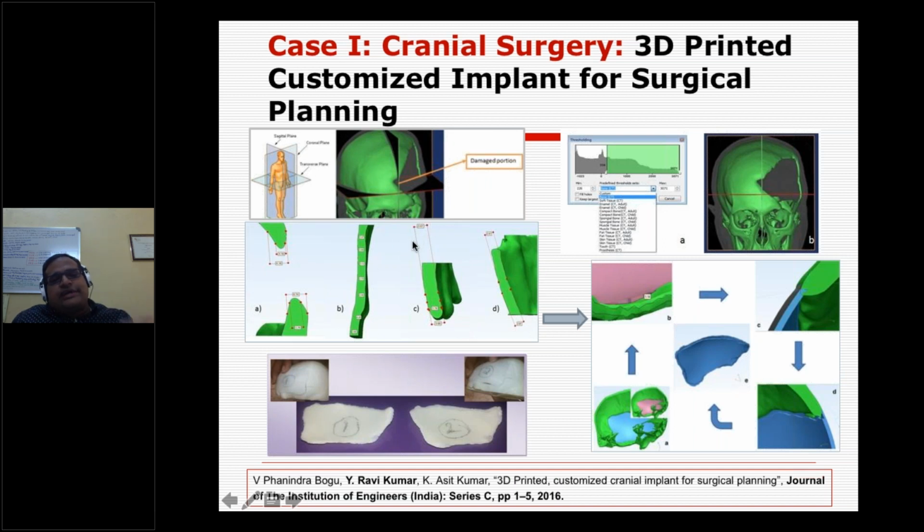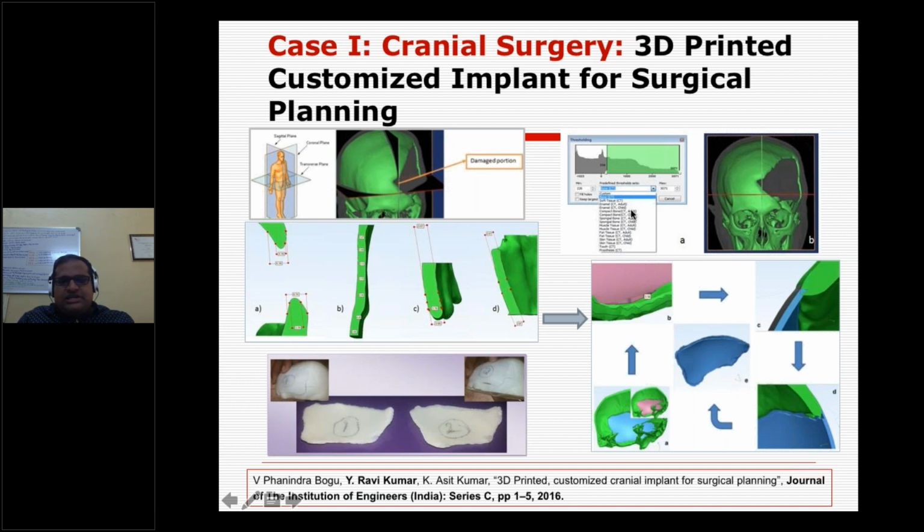So you can segregate, or threshold, by specifying the bone density, or the threshold value of each and every tissue. Say I'm interested in only the bone here, so I may not be interested in the brain inside, or in other tissues. I may be interested only in the bone part.